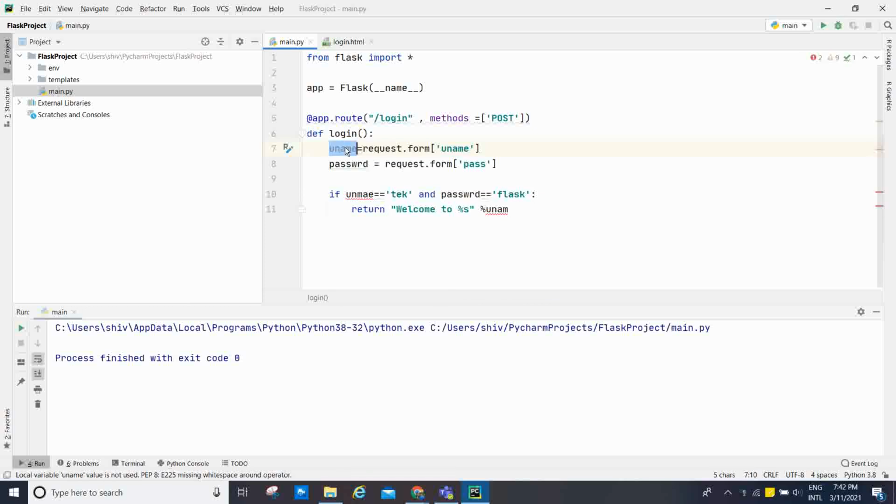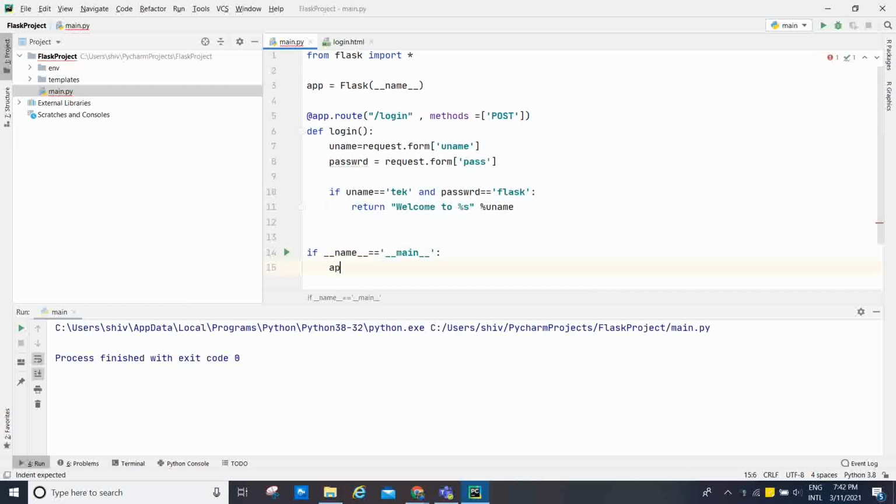And after that, if __name__ equal to '__main__', then app.run(debug=True).